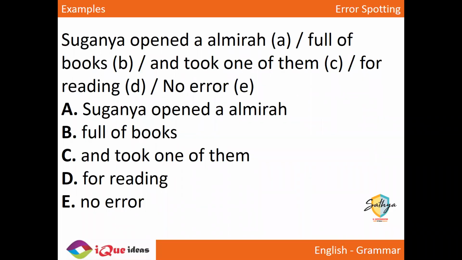Similarly, certain words, when they start with a vowel, but if the sound is not a vowel, for example, uniform, university, they start with the sound of y, which is a consonant. So we don't say an university, we say a university, a uniform. So here, almirah, it starts with a sound of a vowel. So instead of a, the article which is supposed to be used is an. I think everybody got this one.